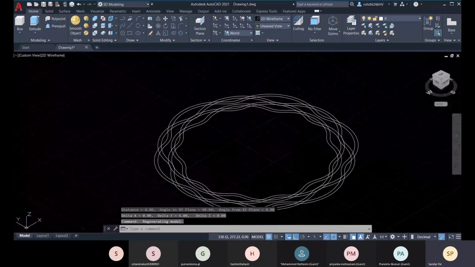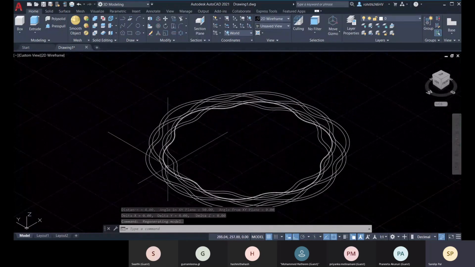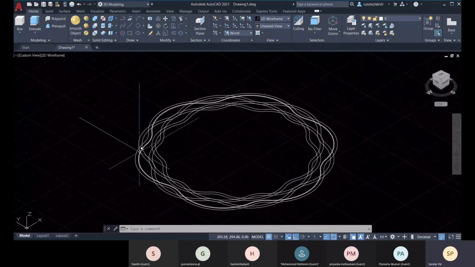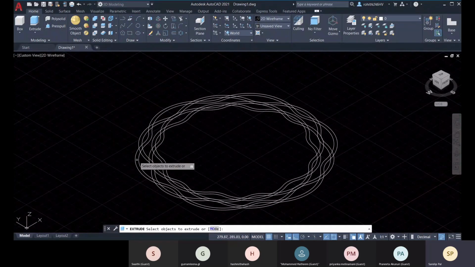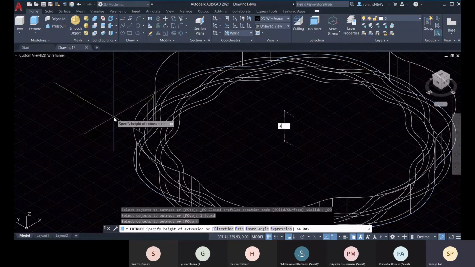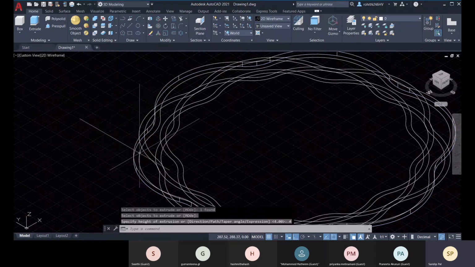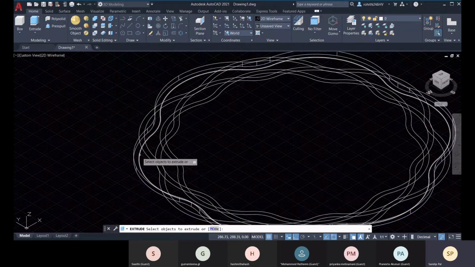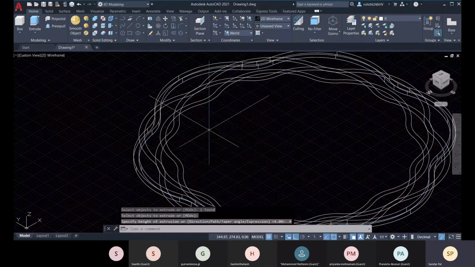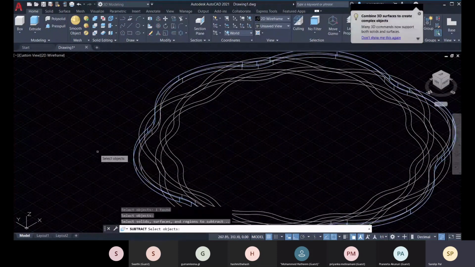After scaling it down, you have to make all of this, and then what you do is either you can go for extrude, like this one you can go for extrude, and you give the value 4, and you extrude, enter, give the value 4, enter, and then you go for subtract, you select the outer one, enter, and you select the inner one, enter.